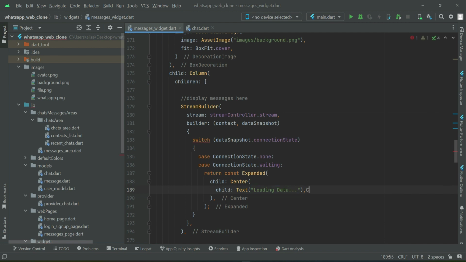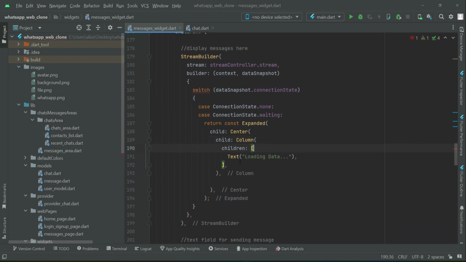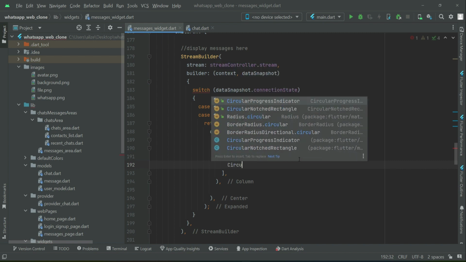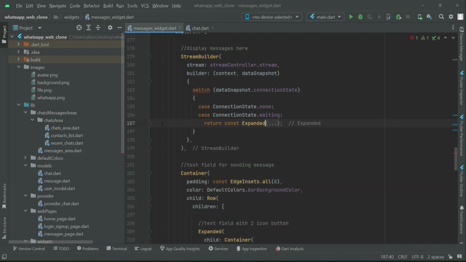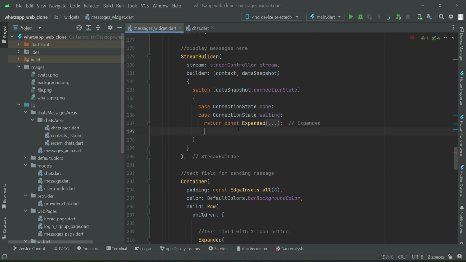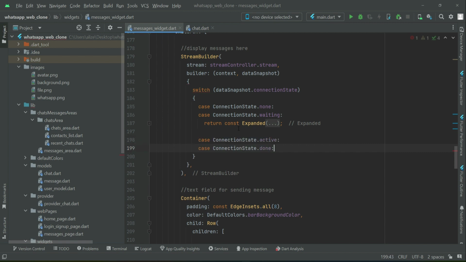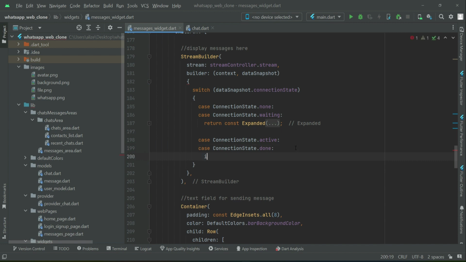and after it display the, let's wrap this text widget inside a column widget like this, okay? And then after displaying the text, you can also display circular progress indicator. So this is if the connection state is none or waiting. After that, let's say if the connection state is active or done, then in that case